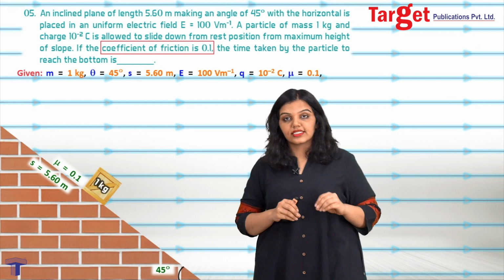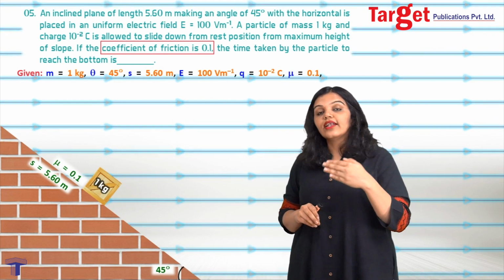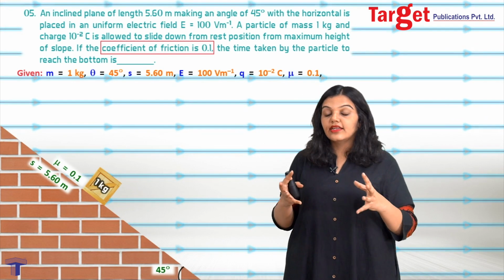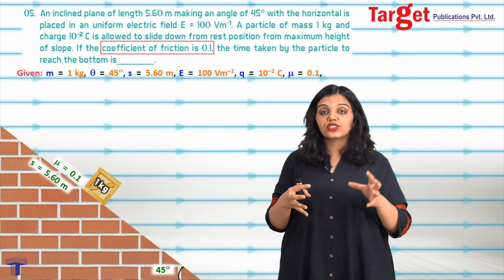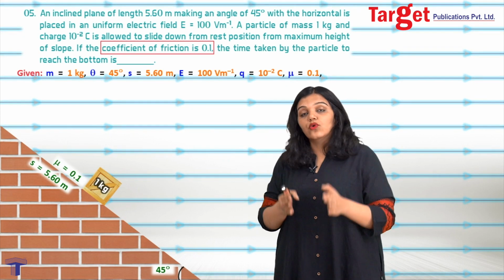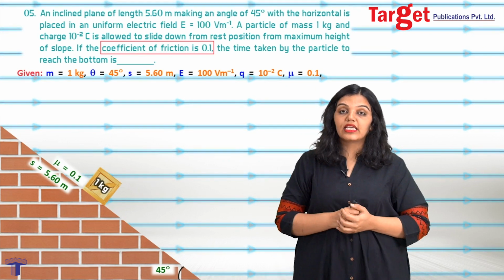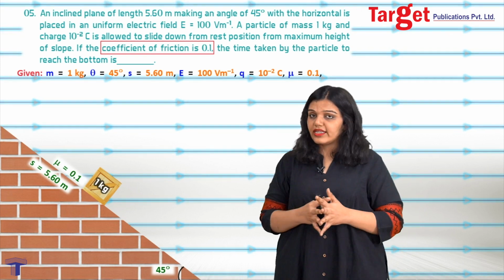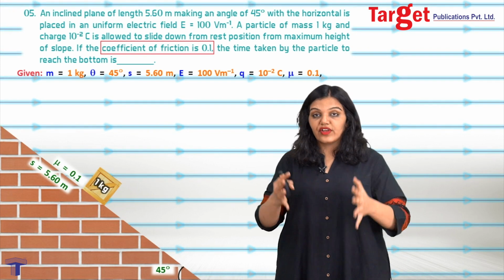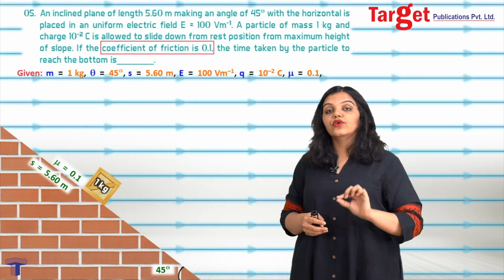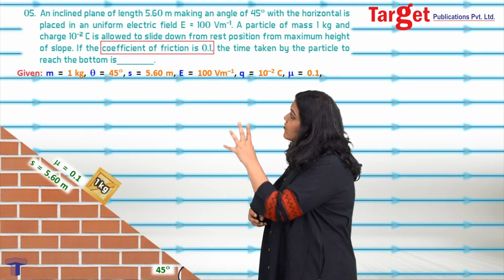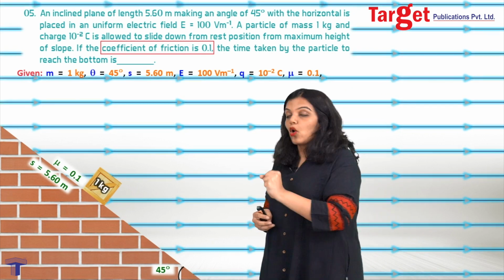Now, how do I solve this sum? Of course, we get really tensed as to understand how to add an electric field situation to a mechanical situation. I know how to solve particles sliding down from the inclined plane and I know the free body diagram, but where does this electric field fit in? So now I'm going to tell you how you're going to add this electric field positioning into your sum.